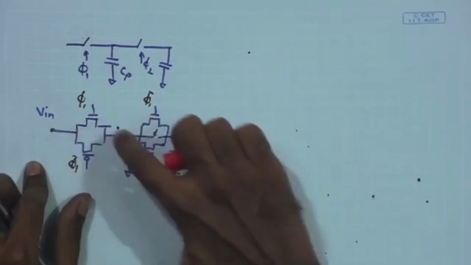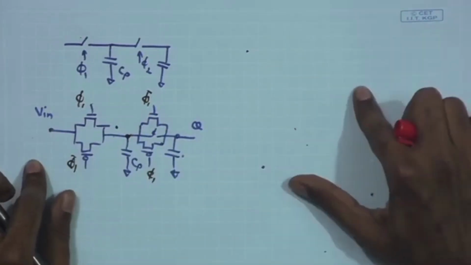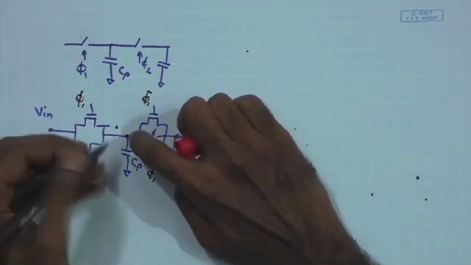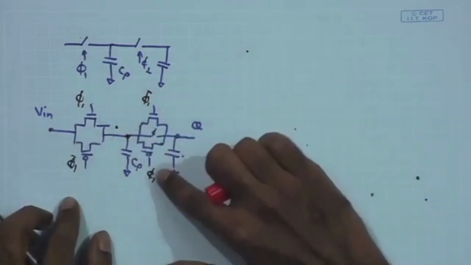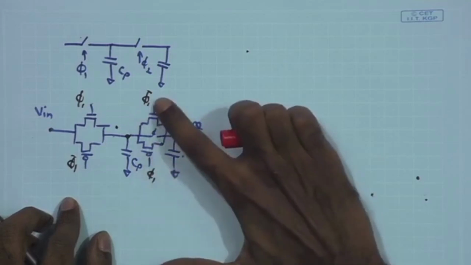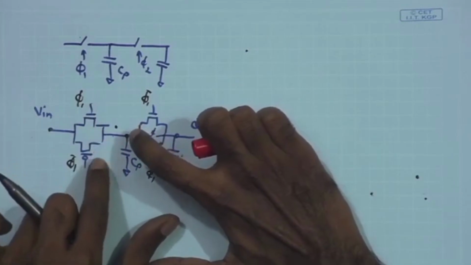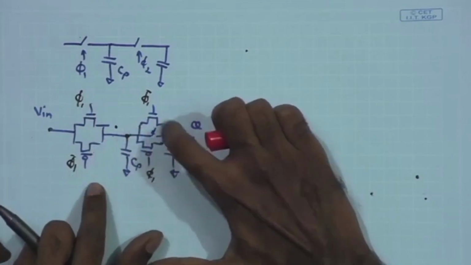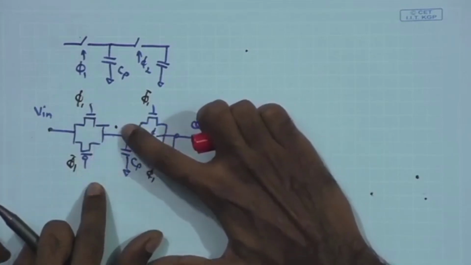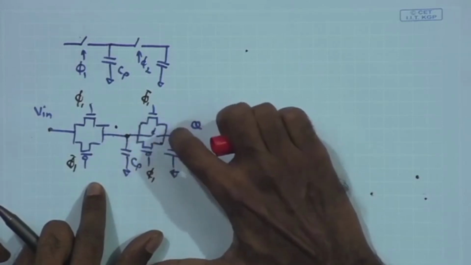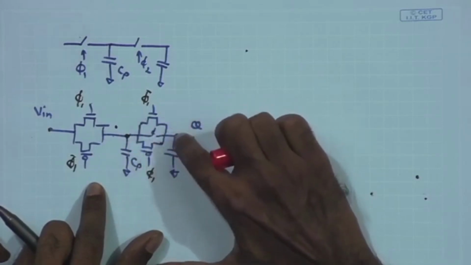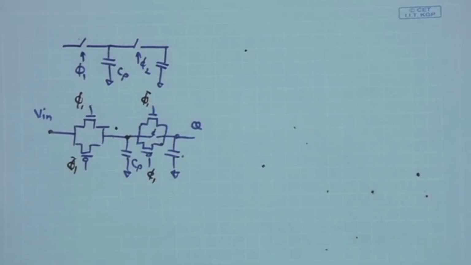As a result, the input data is sampled at the CP, whereas when the opposite phase is on, that is phi 1 is low and phi 1 bar is high, this is going to be on and this gets off immediately. As a result, the same value that was stored at CP will be transferred to the capacitor over here. So, this can be a possible simple implementation,